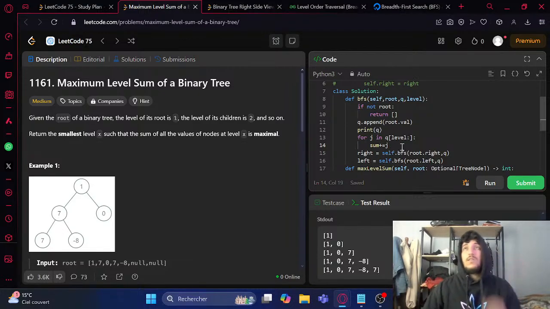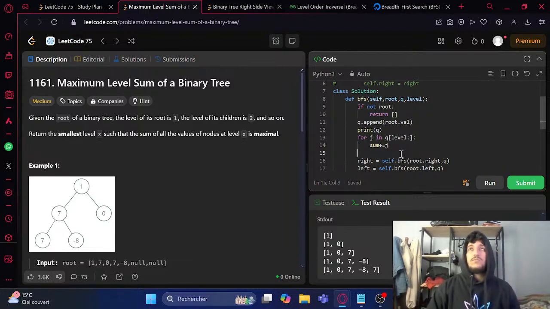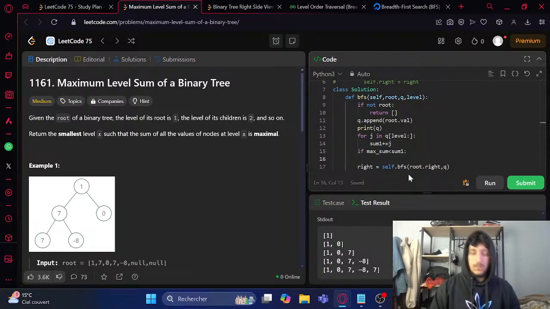Okay, and then okay, I'm just gonna compare it. If okay, sum 1, if max sum is greater than sum 1, then max sum is sum 1. Okay,